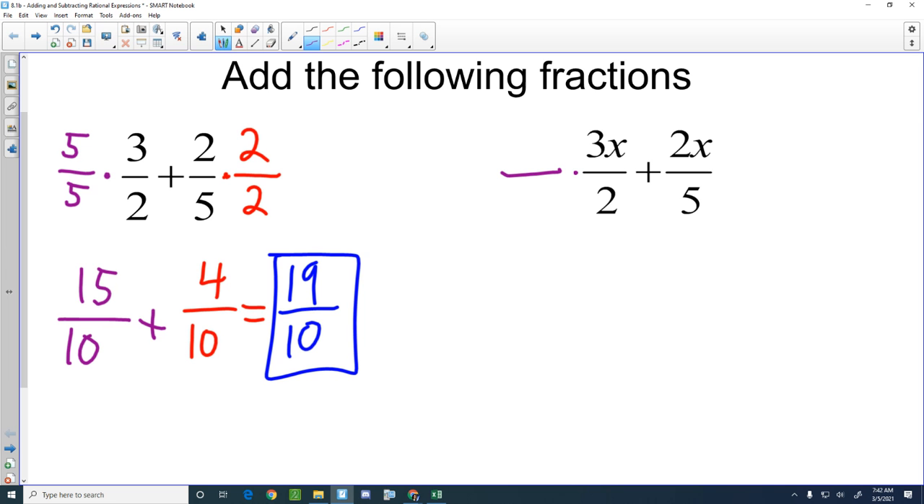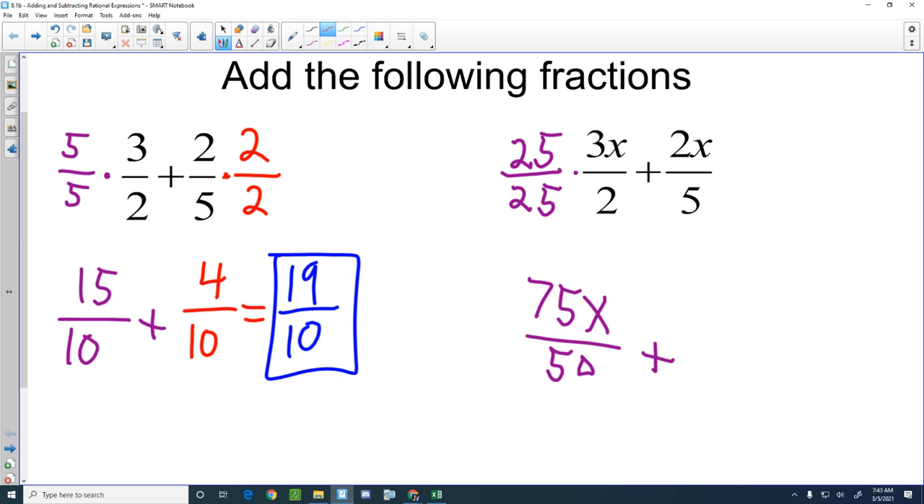If I want to make that a 50, well, 2 times what is 50? 2 times 25 is 50. I have to multiply that on top and bottom. I know this is crazy, but now you're going to see why the LCM is better. When I multiply those numerators, I get 75x over 50